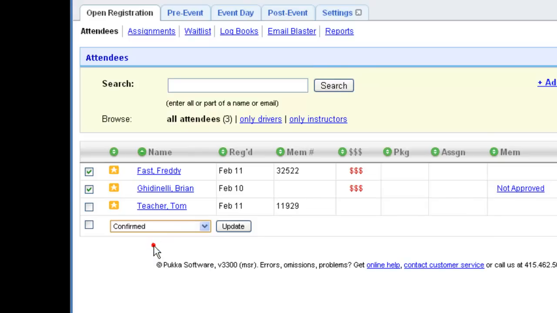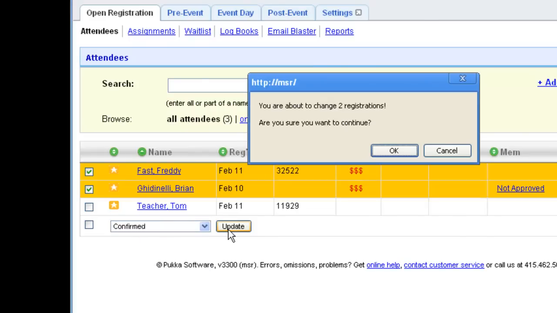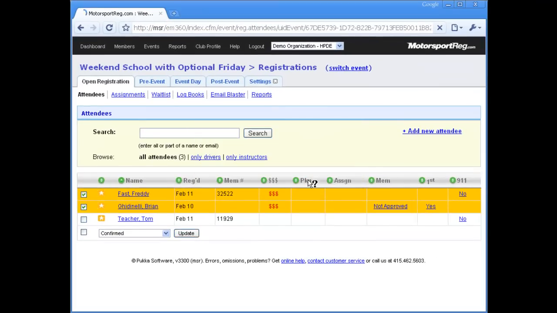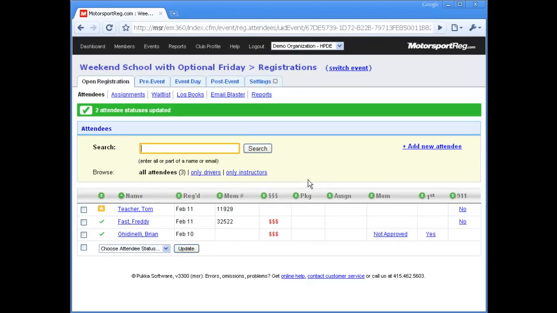This allows you to speed up the process of reviewing and confirming registrations. Notice that we warn you about what you're going to do. The magic of the attendee list is that new registrations always sort at the top. That's another advantage of moving people to confirmed, is that you can always tell who the registrations are that you